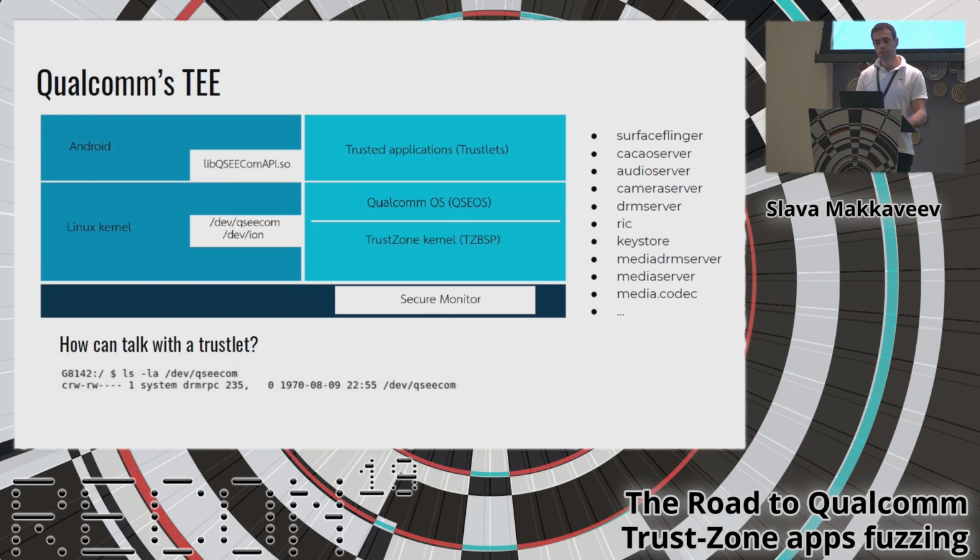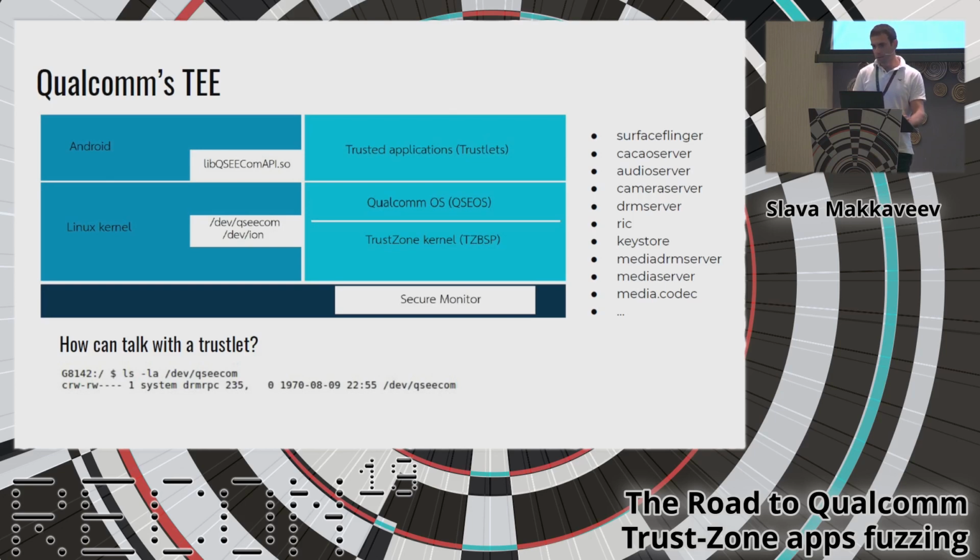Let's take a deeper look at the Qualcomm TEE, QSEE. At the Android framework level, QSEE is presented by the libQSEEComAPI.so library, which implements a high-level API for communication with the secure world. The Linux kernel contains the QSEECom driver, which redirects all normal world requests to the secure world using SMC instructions.